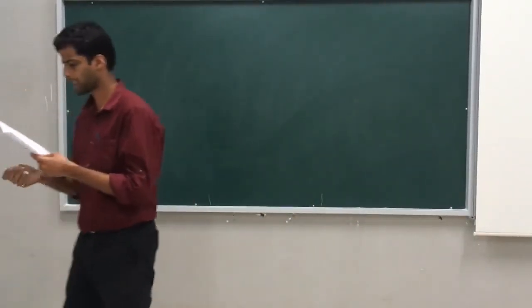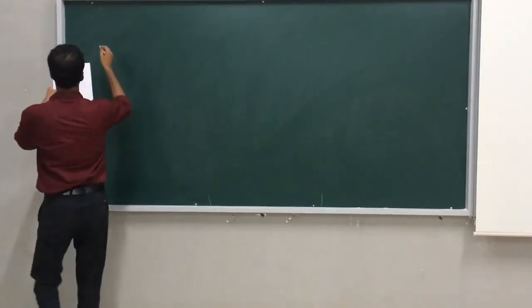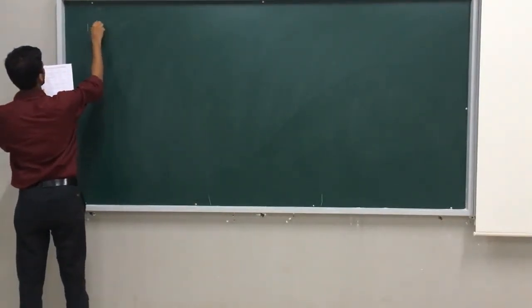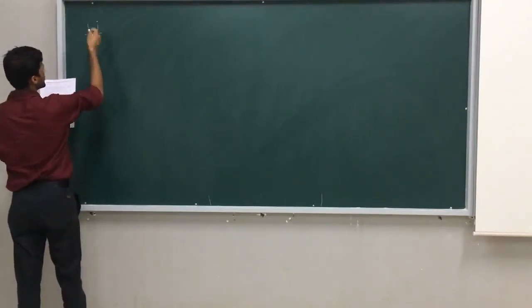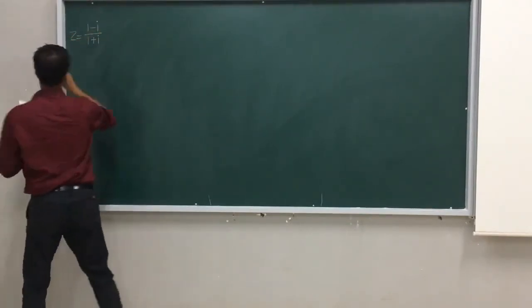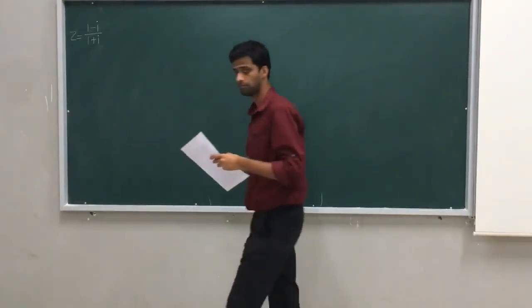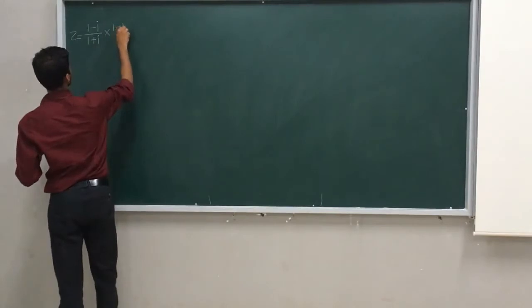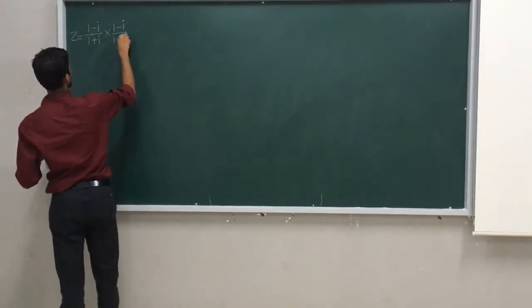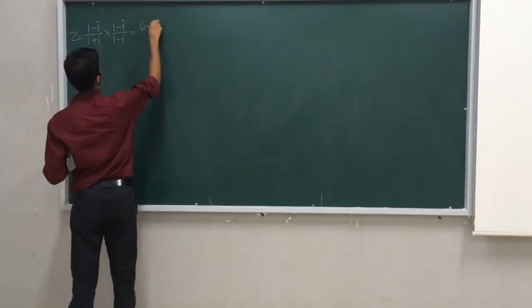So the conjugate of the complex number (1 minus i) divided by (1 plus i) is. To get the conjugate, we should bring it into standard form. Only this is given. I want the conjugate, but it is not in standard form. So I will multiply by (1 minus i) divided by (1 minus i), in order to make it (1 minus i) the whole square.